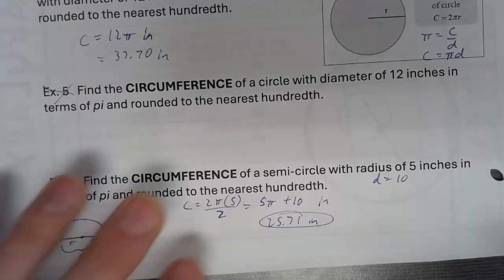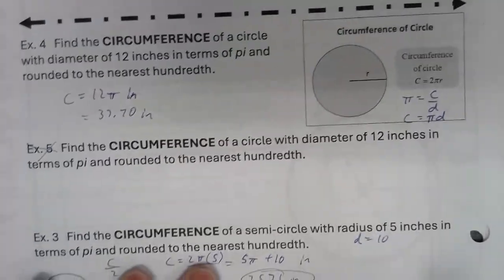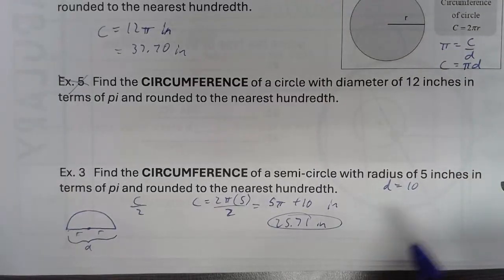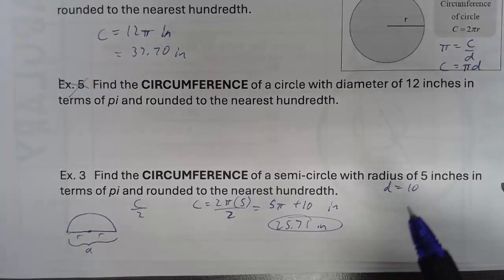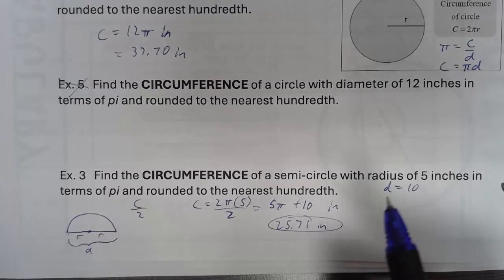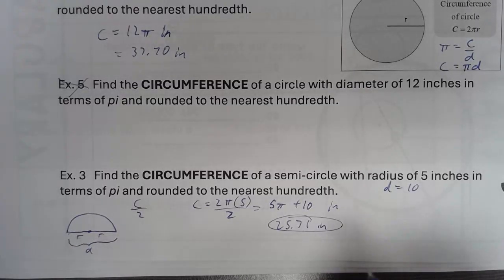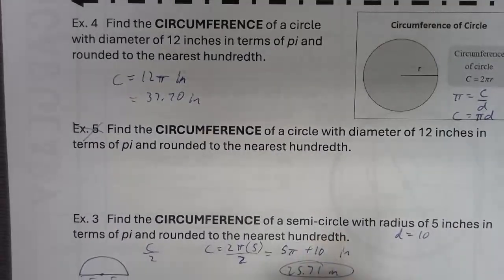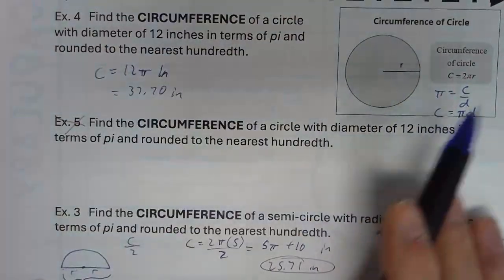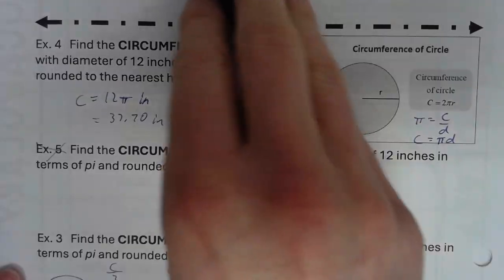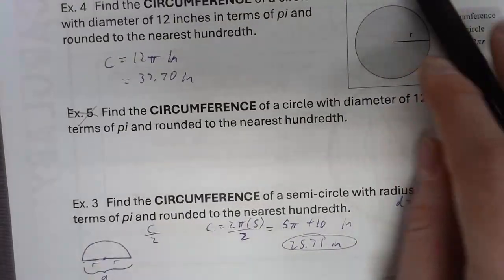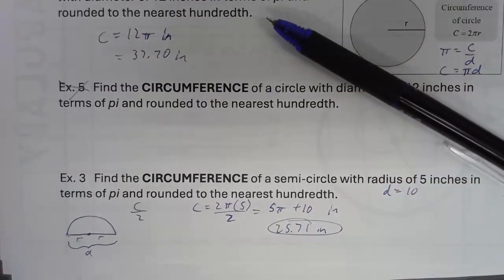Okay. Now, some of the questions we're going to encounter today are going to involve being given the circumference, or being given the radius, or given the area and then having to find the radius or having to find the diameter. So we're going to do some of those kinds of problems together in class, but this gives you the usage of the formula, putting things in terms of pi and that kind of notation there. Okay, so we'll talk more in class, and I will see you